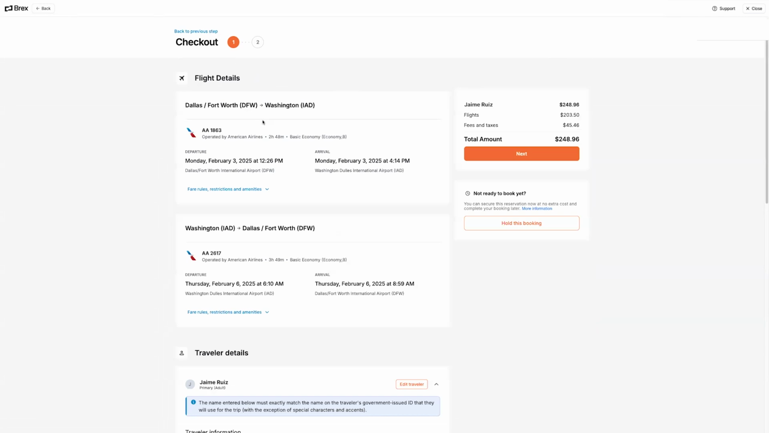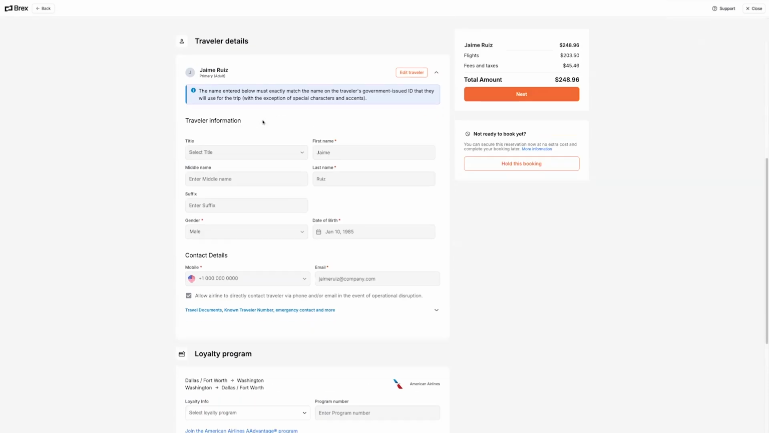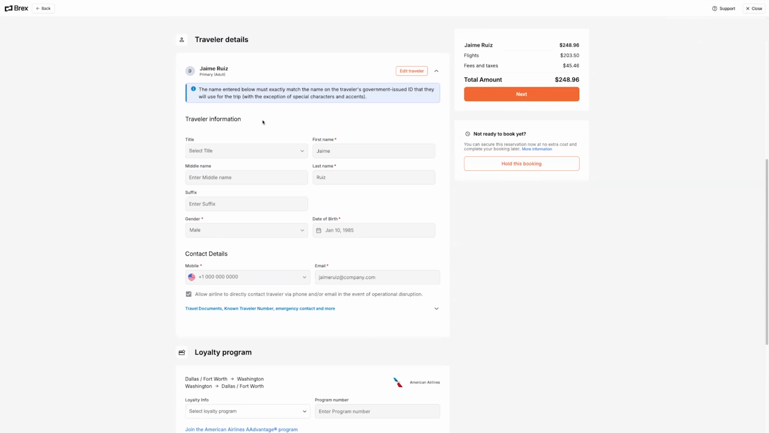Jaime is taken to the checkout page, where he sees all the details of his chosen flights. He knows that it's important that the personal information he enters matches the information on his government-issued ID when it comes time to board the flight, so he scrolls down to the traveler details section to make sure everything is entered correctly. He could add more specifics here, such as a suffix, but since everything with an asterisk is filled